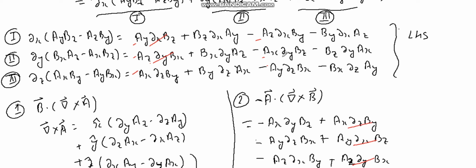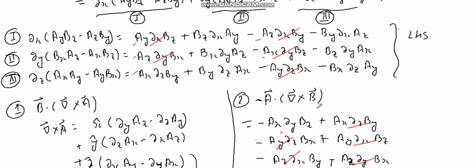And for the minus sign, we have this az del x by, az del x by, okay, ay del z bx, ay del z bx, okay, so these two are the same, az del x by, az del x by, and